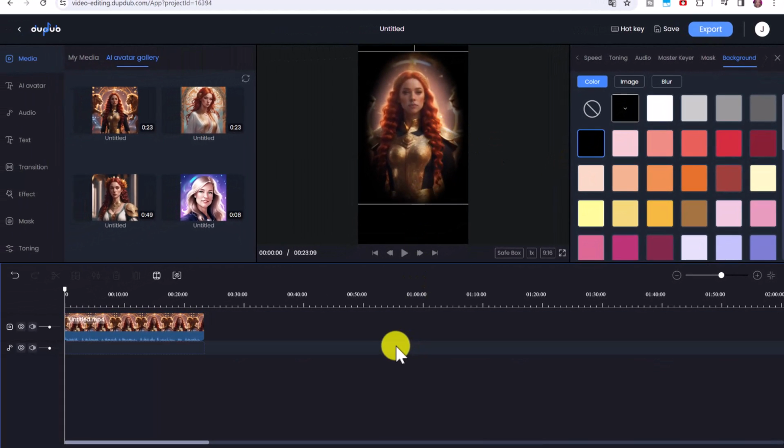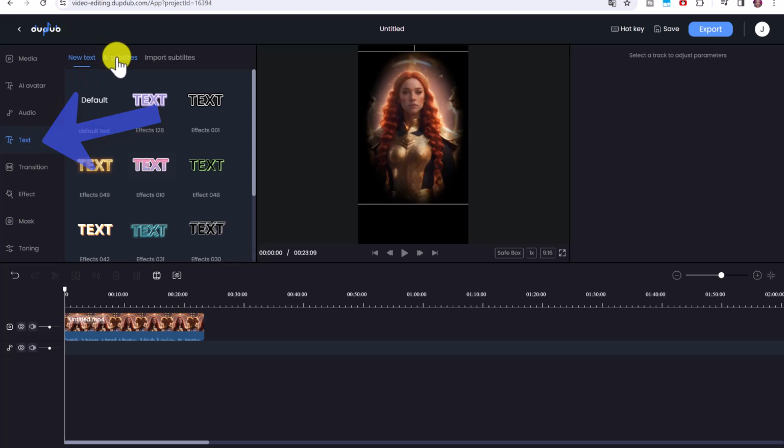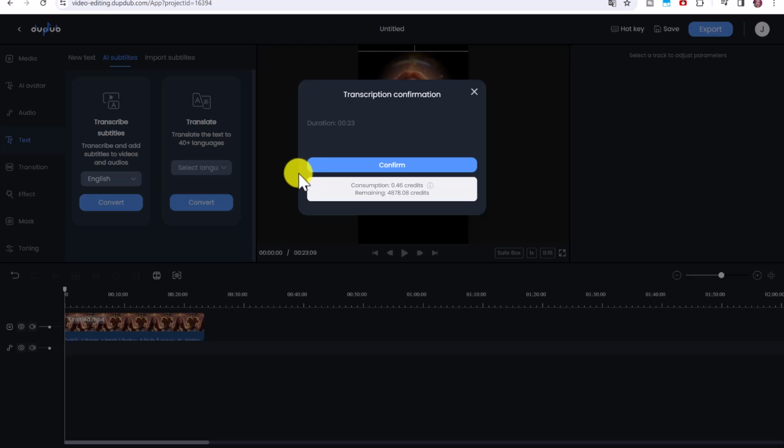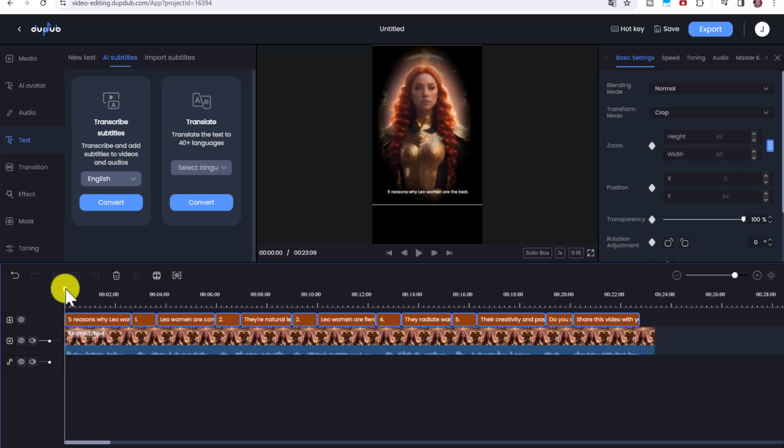So now we want to add captions. People are more likely to watch a video if they can read along. So click on text and then click on AI subtitles. Now select the language of the voiceover. In this case, it's English, and click convert. Then click confirm. And you can see that DupDub has automatically added subtitles across the entire video, matching what our